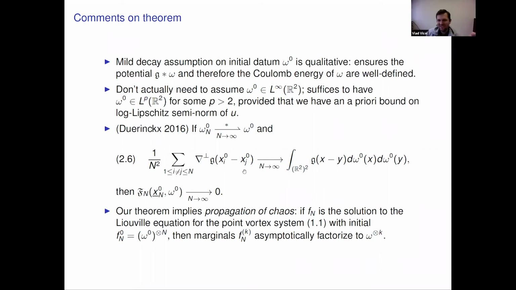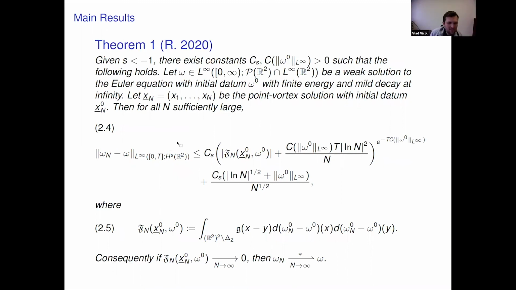Not on this slide, on the previous slide. Okay. Let me go back. You see, omega n minus omega converges in spaces which are below H-1. Yeah. But that's because the Diracs are not in H-1, right? Exactly. That's the reason. So that's why I was asking if there's a renormalized way to define a kinetic energy, but I guess there isn't. Well, as we'll see, this quantity Fn is in some sense a renormalization of the H-1 norm. Okay. And the renormalization has to do with removing an infinite self-interaction. Okay. Thank you. Sure.